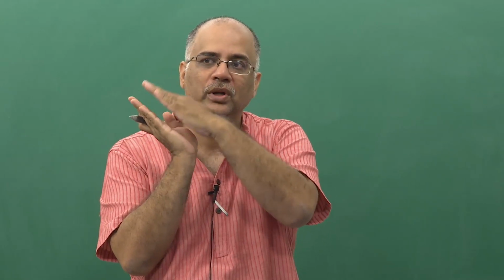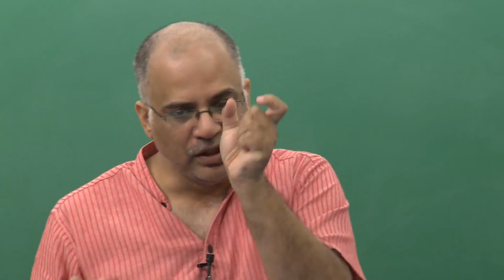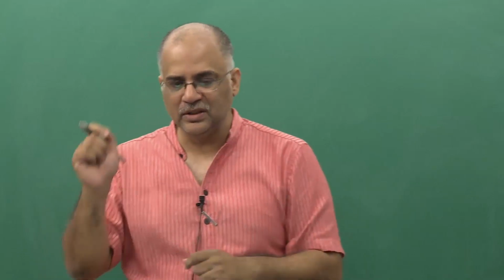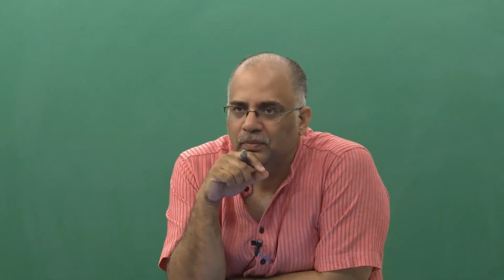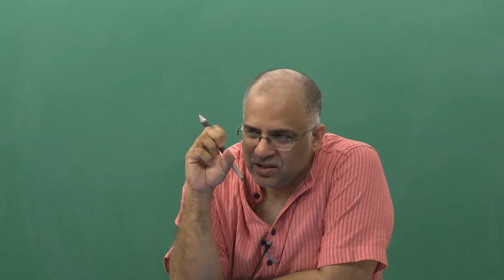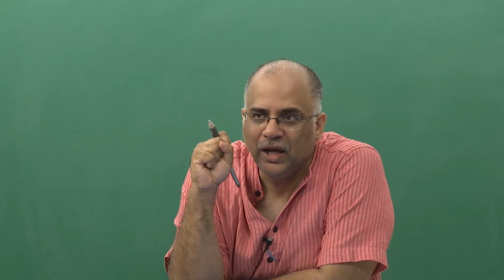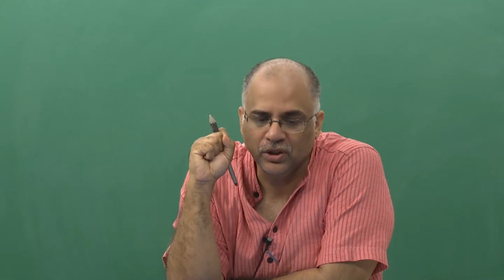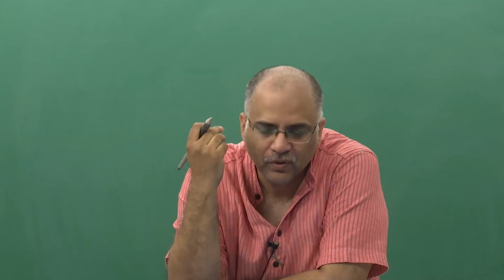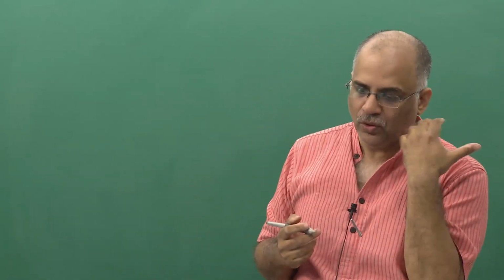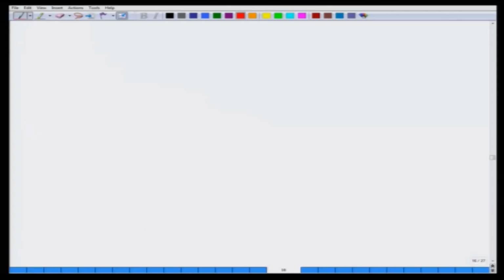The distance would always be within 2 epsilon from each other. That is, the distance between them should always be less than some given epsilon. So, they always cluster very close to each other and also cluster to the number L to which they are going. This sort of behavior was first found out by Cauchy. So, there is a whole term called the Cauchy sequence. So, what is a Cauchy sequence?